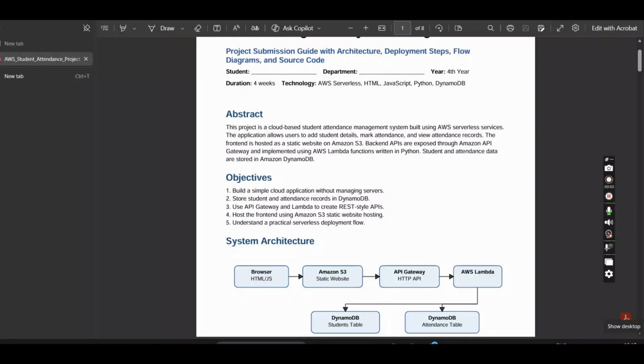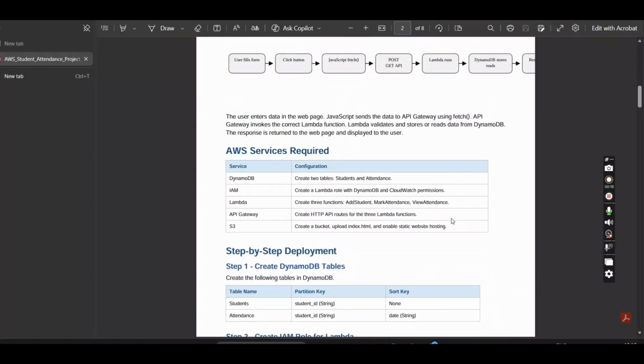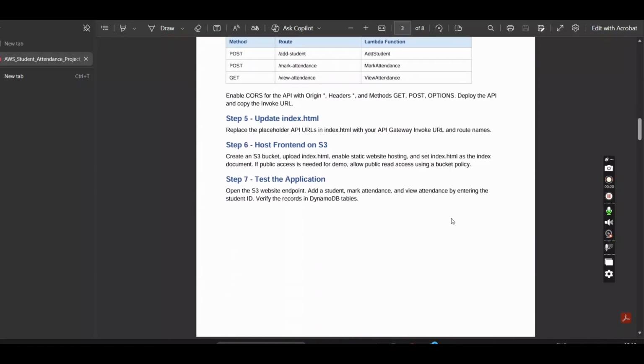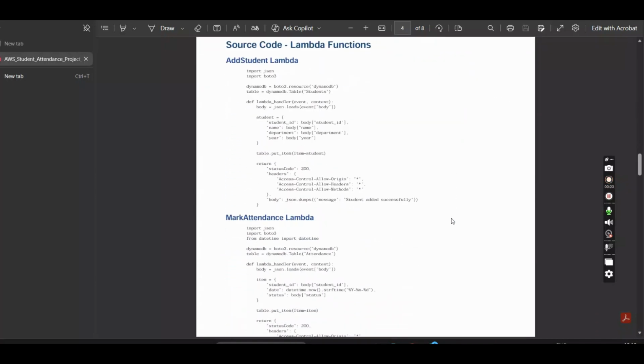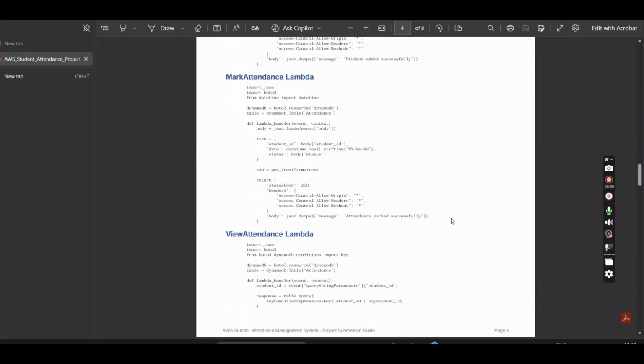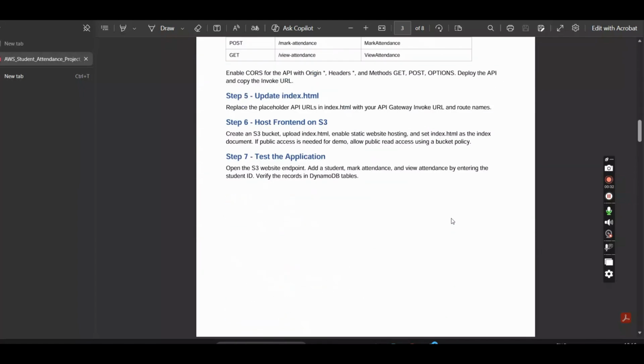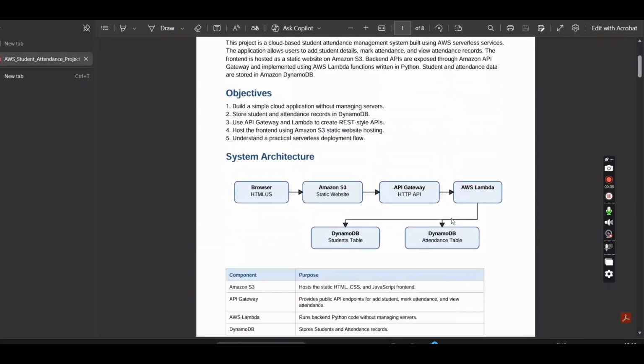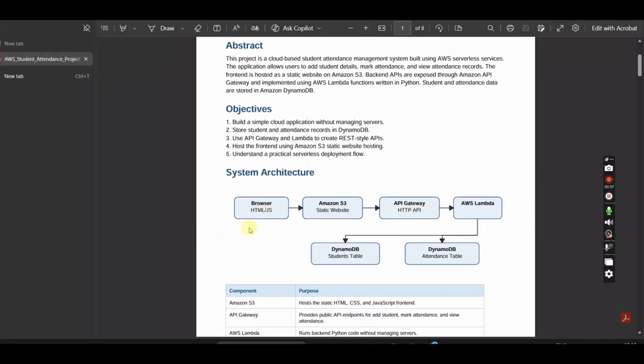I have also prepared a detailed project report related to the project. In this report, I have explained the complete project, including system architecture, application flow, step-by-step deployment, and the source code of the Lambda functions like add student Lambda, mark attendance Lambda, and view attendance Lambda. In the architecture, you can see that first we take the browser HTML/JS, then